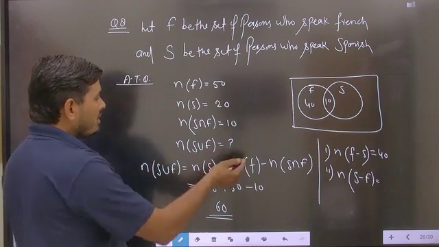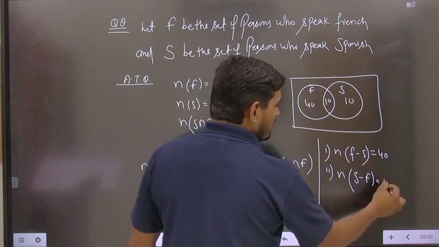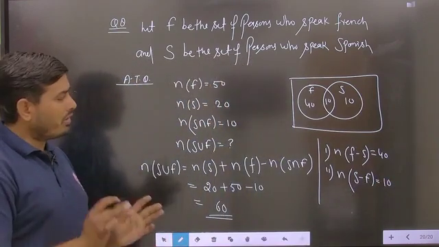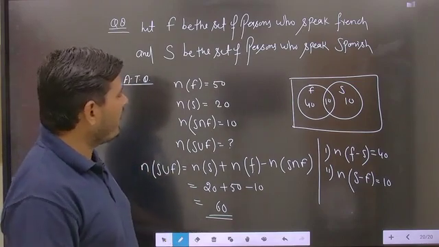And here the next part is that this is 20, then this is 10. So you can say that this answer will be obtained as 10. Is it to be clear? So students, in each and every question, we just have to do the verification with the help of a Venn diagram.